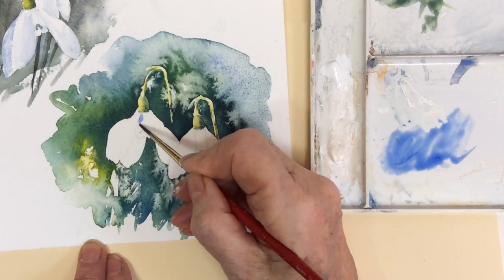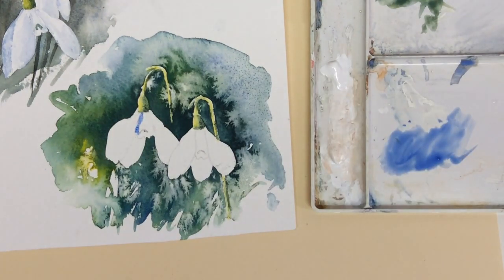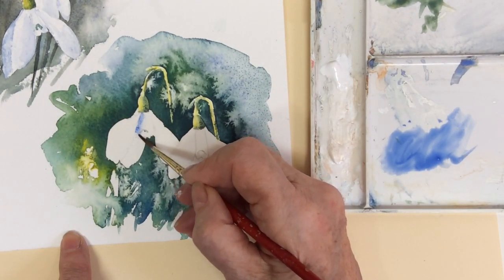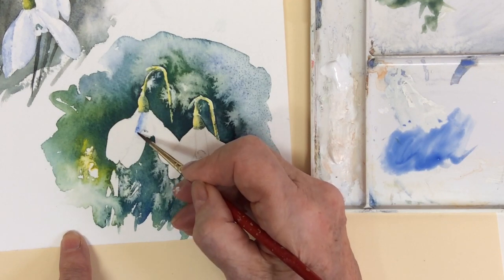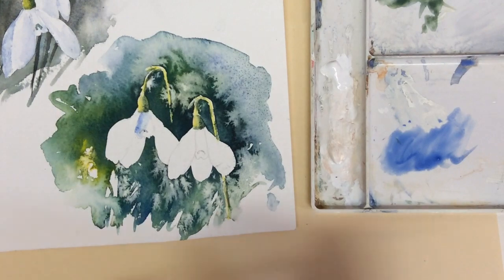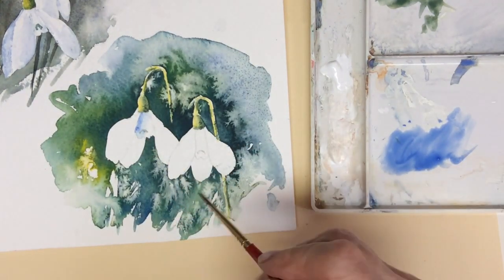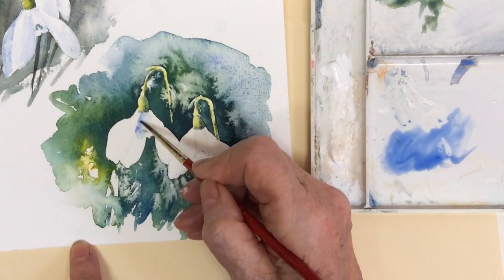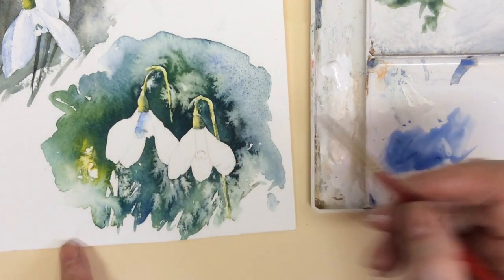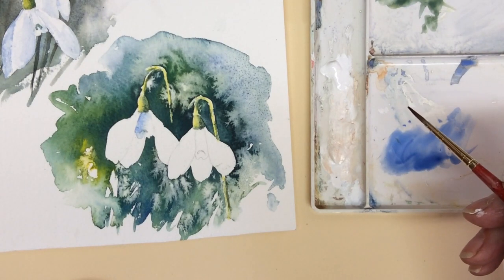I'm using a very dilute cobalt blue to paint the cast shadows on the flowers. In an ideal world, you'd be working from a really good photograph and the cast shadows would be really evident. That's their position on the flower. Or you could set up some flowers and have a directional light coming from one side to paint them from life. Usually though, you've got a very diffuse light on your subject, and that was the case with these snowdrops